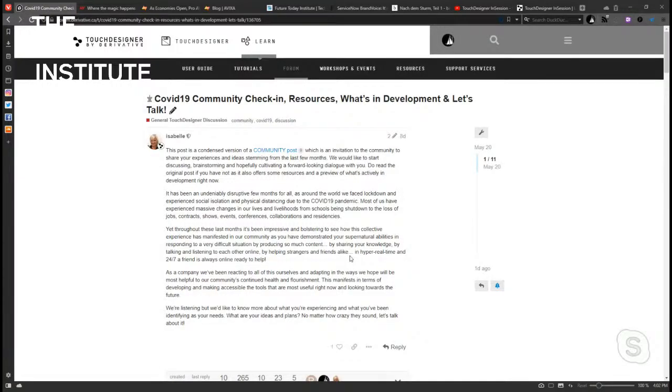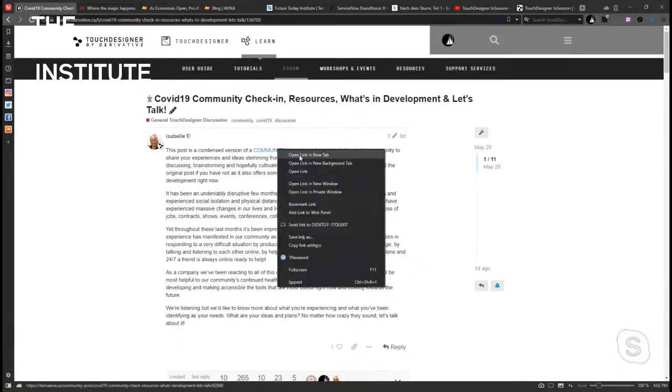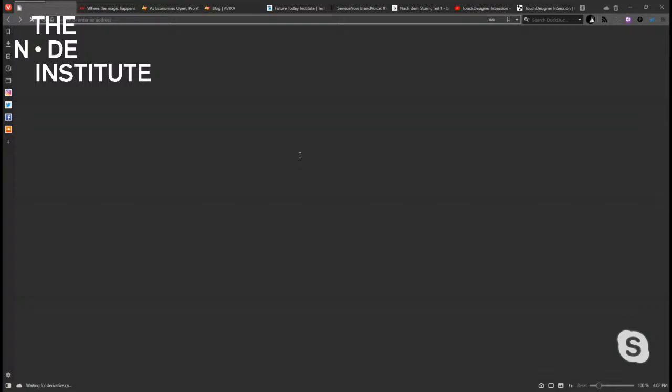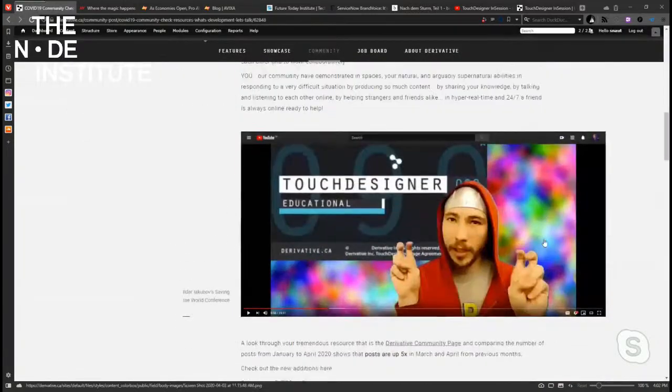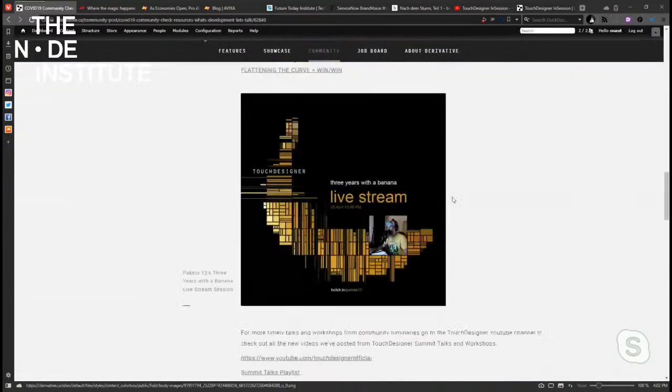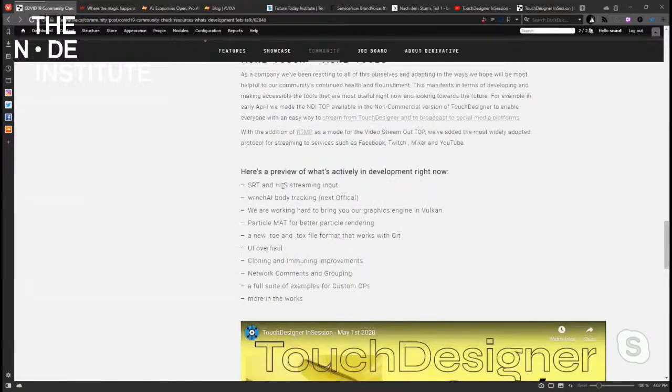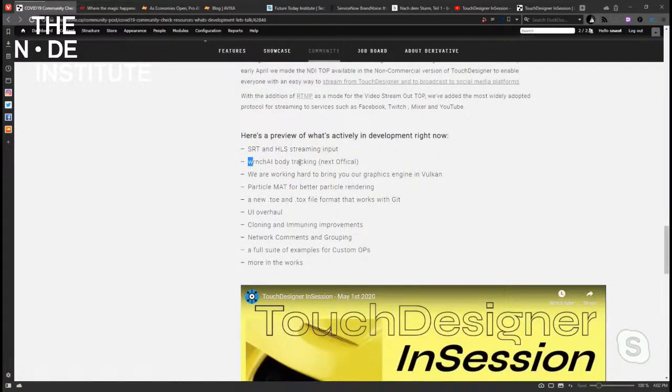We're looking at what we're doing, and we are trying to provide and develop the tools that help you. In the article that's linked in the forum, we're listing a couple of the things currently at the forefront of our development. So Wrench AI body tracking, things like this. The last time we mentioned this already, the really heavily ongoing work on converting our graphics engine to Vulkan. This is going very well, and it's a very promising development.